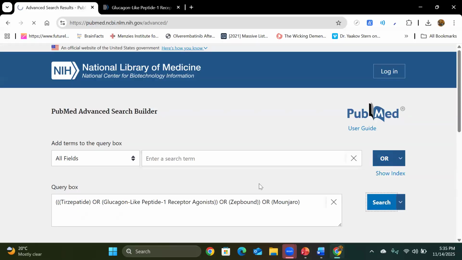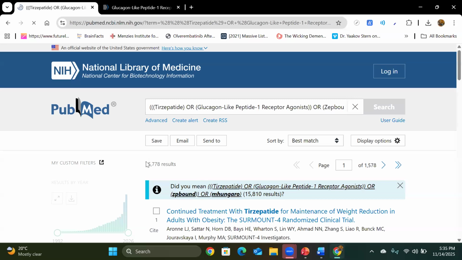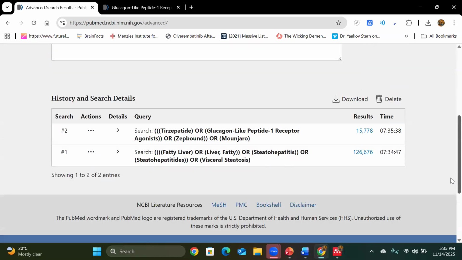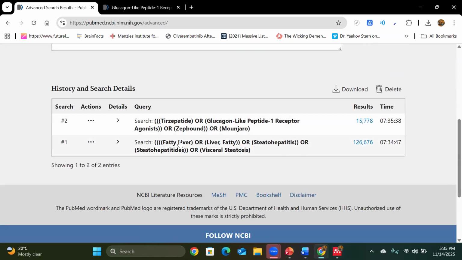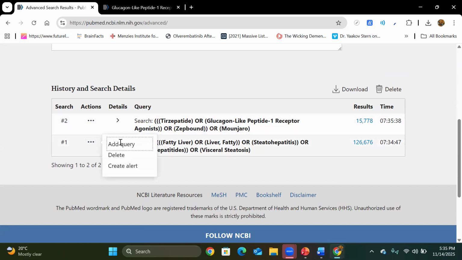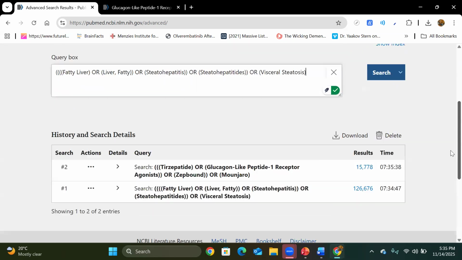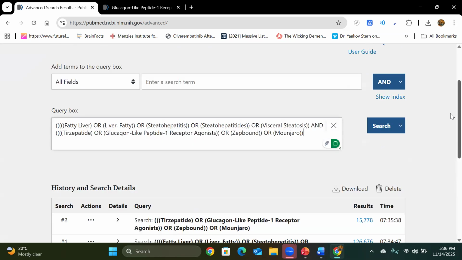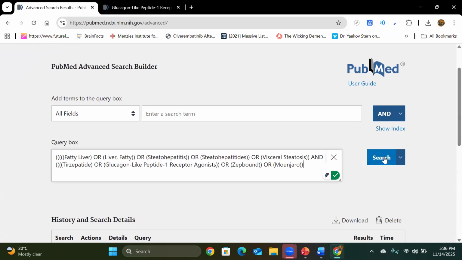Now I will press search again, and it tells me that there are around 15,000 articles concerned with tirzepatide. What I want are all those articles that include both of them, both fatty liver and tirzepatide. So I will add first this query, then add the other, and then search both of them together.